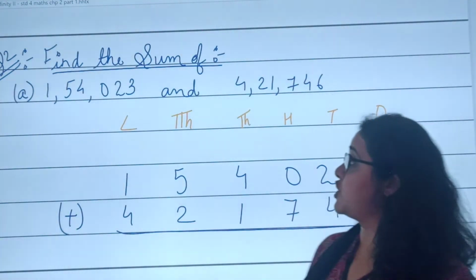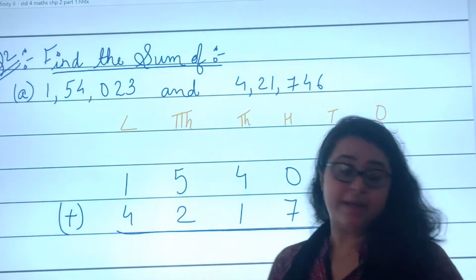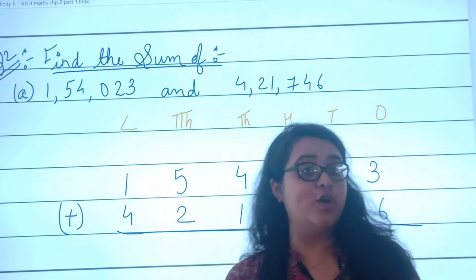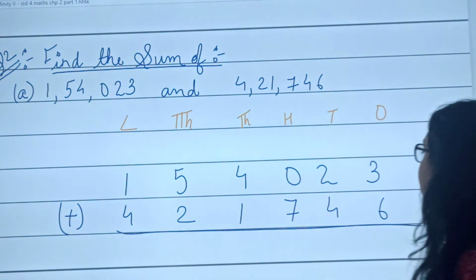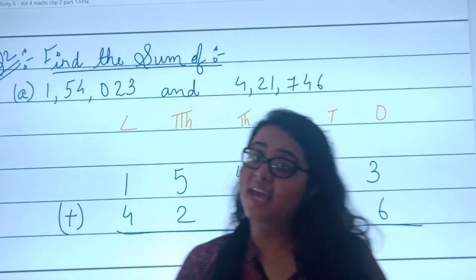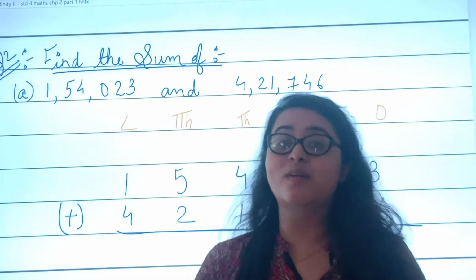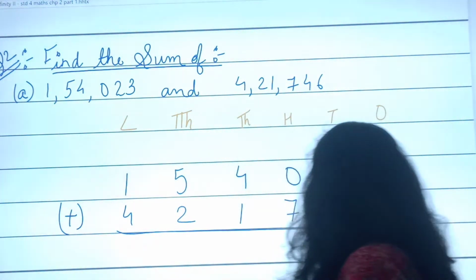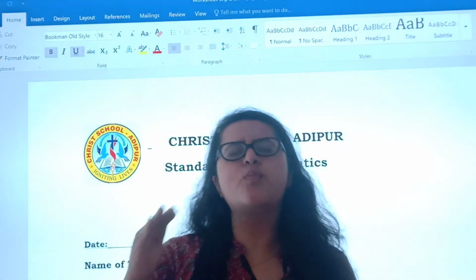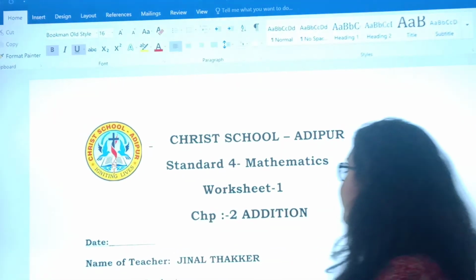Let's move to question number 2. Find the sum. Your exercise 3 is on page number 29. You can have a look at that also. My lovely students know this sum. Then my lovely students will be solving the worksheet as well. Here is your worksheet. Have a look at this cute, small and interesting worksheet.